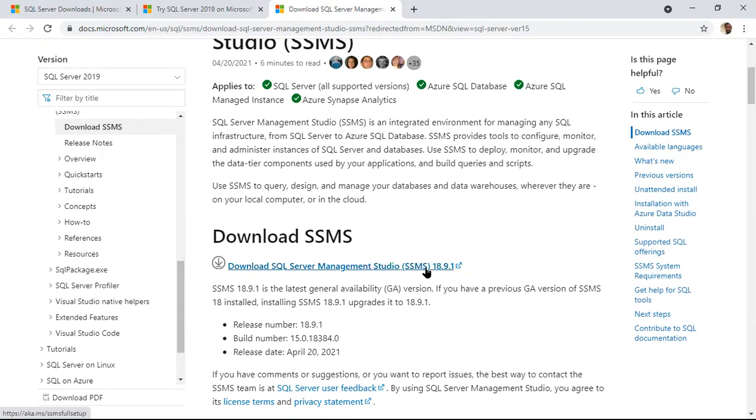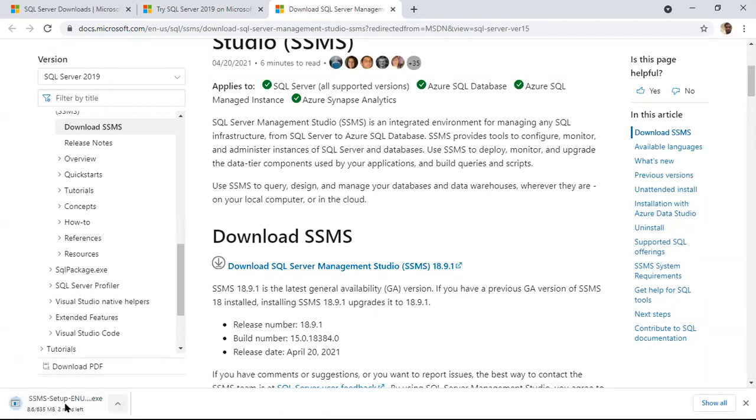SSMS 18.9 is the current version. Check here, once the installation is done, click here.